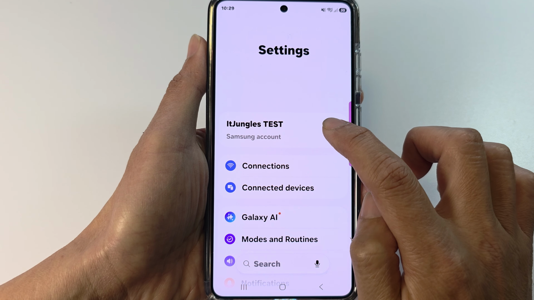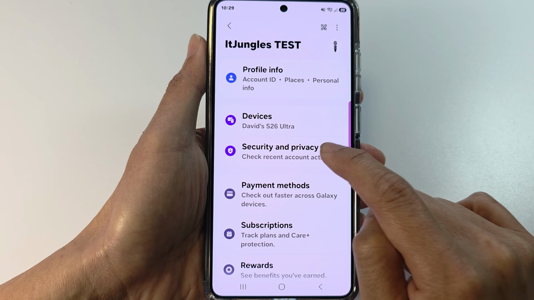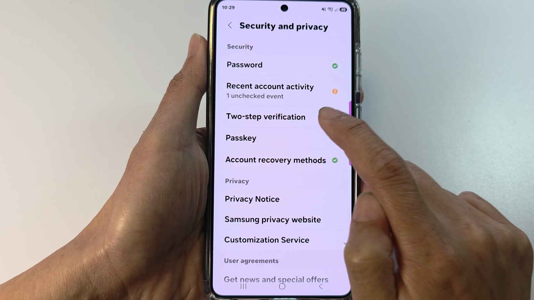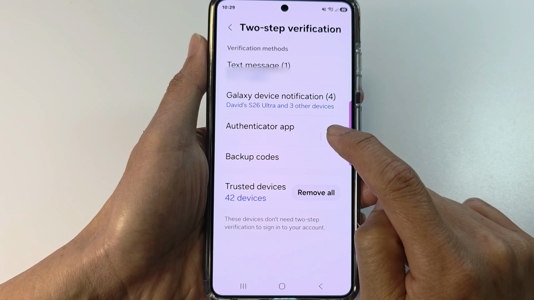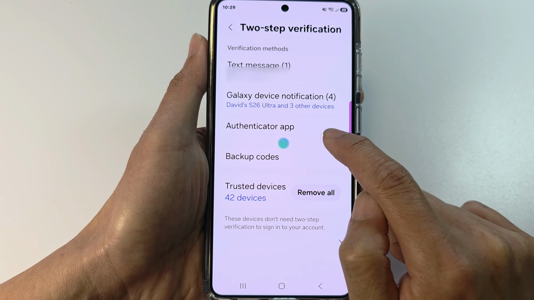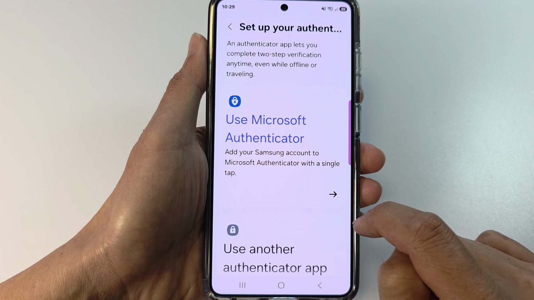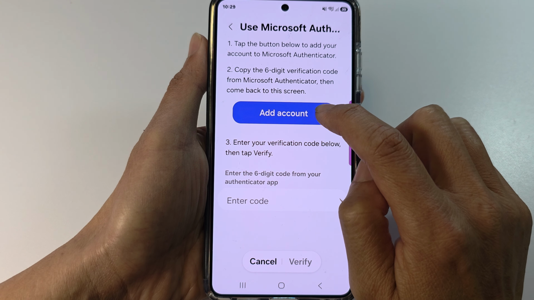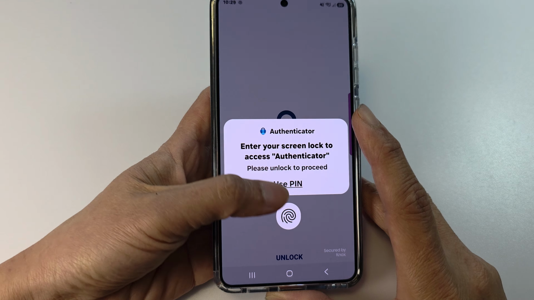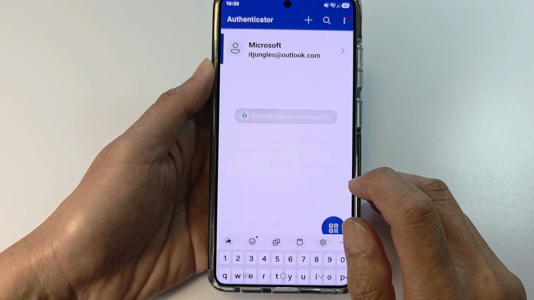Next, tap on your Samsung account profile at the top, then tap on security and privacy, then tap on two-step verification. Next, tap on Authenticator app, and then tap on use Microsoft Authenticator. Here tap on add account, sign in, then tap on add account,